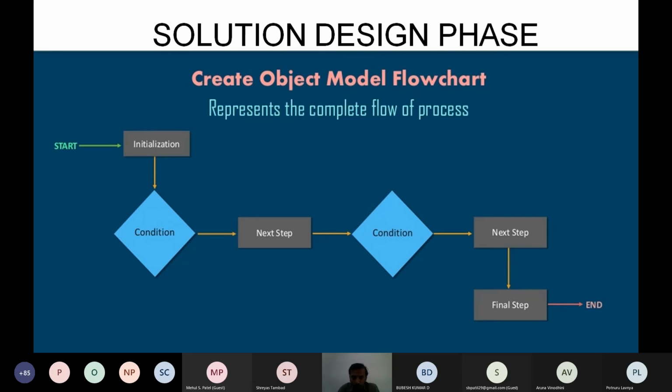It represents the complete flow of process, because the complete flow is listed down in your process document. So initialization, if there is any condition, you give the condition. After condition, what is the next step? After that, what is the condition? What is the next step, and what is the final step? So these will be made into a flow chart.